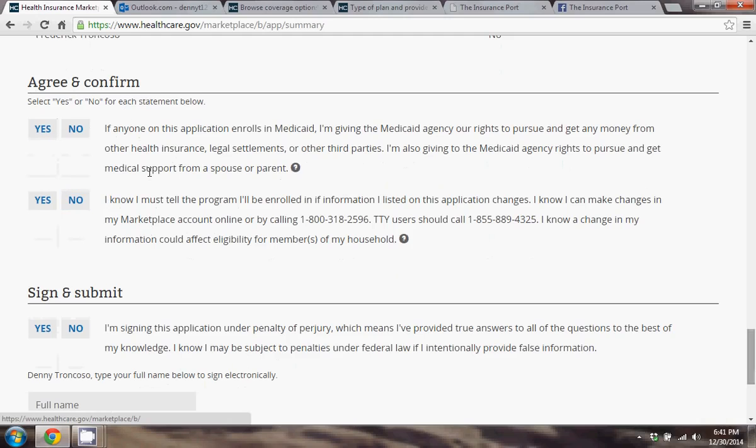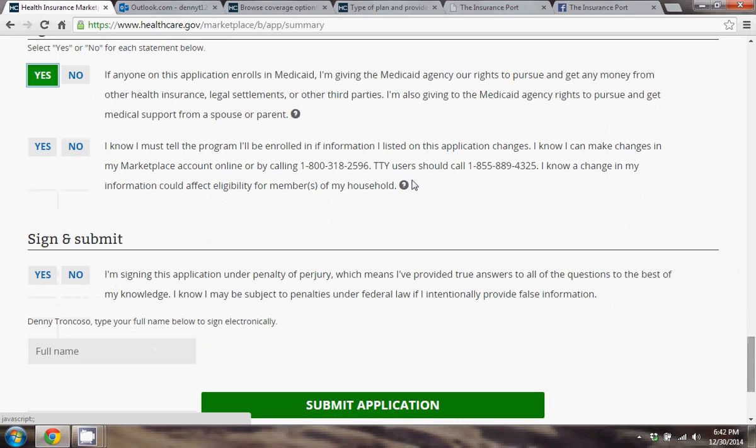So agree and confirm if anyone's application enrolls in Medicaid. They're giving the agency rights to pursue and get any money for other health insurance. Just make sure that if you are on Medicaid or if you're receiving any help, that you are keeping up with Medicaid with any changes in income. And I know I must tell the program I'm enrolled in if any information I listed on the application changes. So when I was going over with you earlier, if you move, if you get a divorce, if you get married, if you have a baby, if you get pregnant, any of those types of changes,